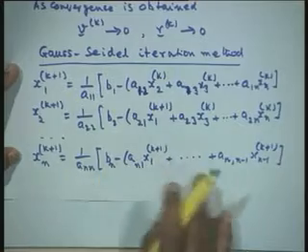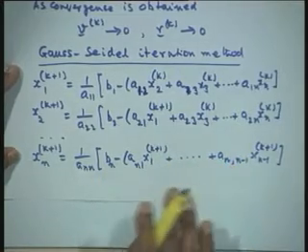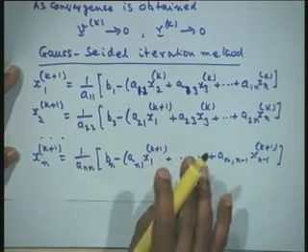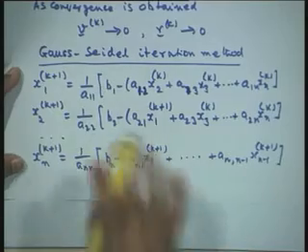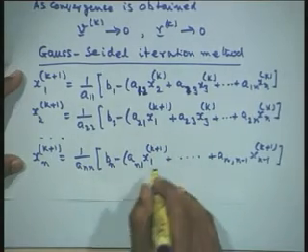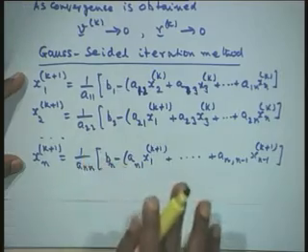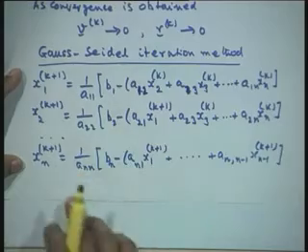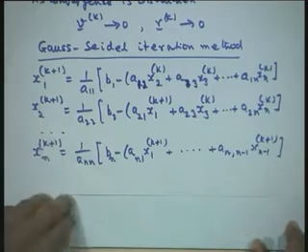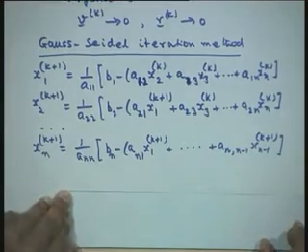We shall show later on that theoretically we can prove, if A is a symmetric matrix for example, or in the general case also, that Gauss-Seidel is at least 2 times faster than the Jacobi iteration. I mean, we are talking about the rate of convergence, and it is actual computer time you can also count upon. It is at least 2 times faster than the Gauss-Jacobi iteration method.